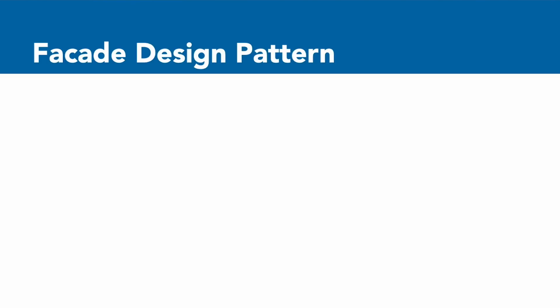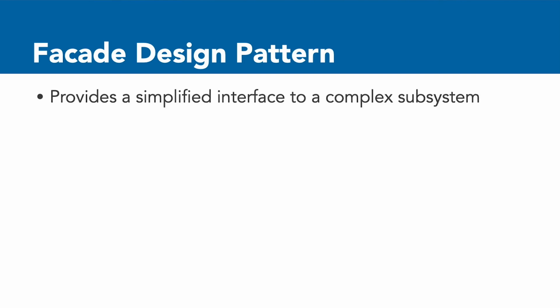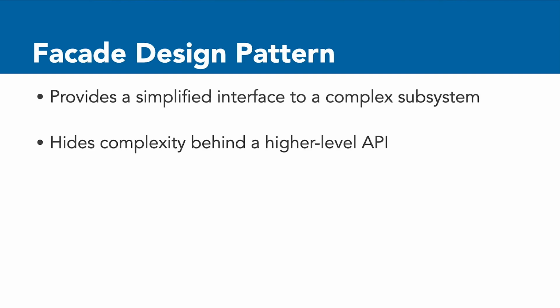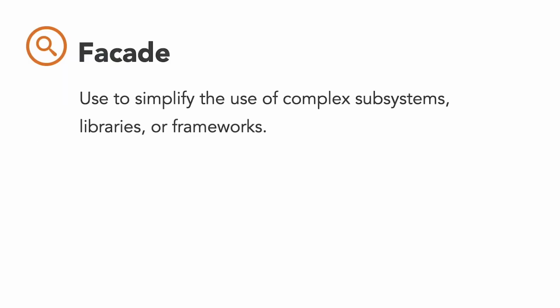Facade is a structural design pattern that provides a simplified interface to a complex subsystem. In other words, it hides the complexity of the underlying components behind a higher level, easier to use API. As a consequence, clients don't need to understand the details of the subsystem to leverage its functionality. Instead, they access the subsystem through a single entry point provided by the facade, which in turn forwards the request